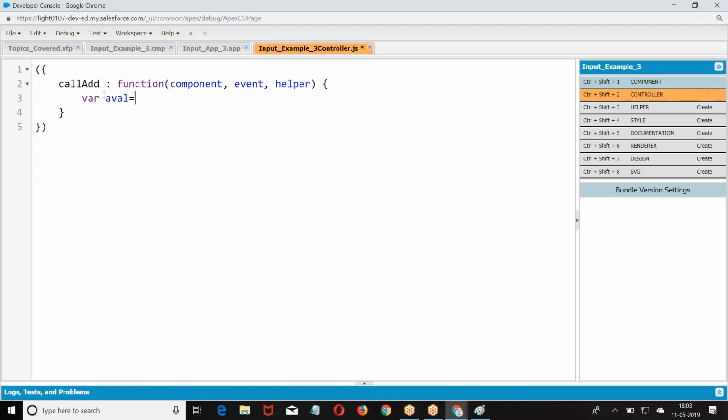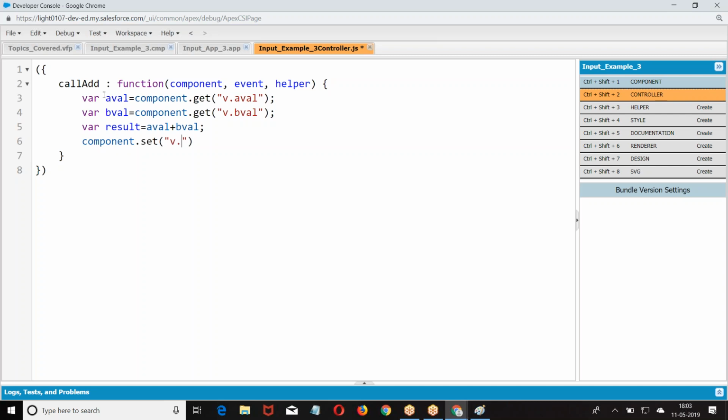Var a value equal to component dot get v dot a. Var b value equal to component dot get v dot b. Now var result equal to a value plus b value, but still it gives us string plus string. We need to convert it into integer. Let me show you. Component dot set v dot c value